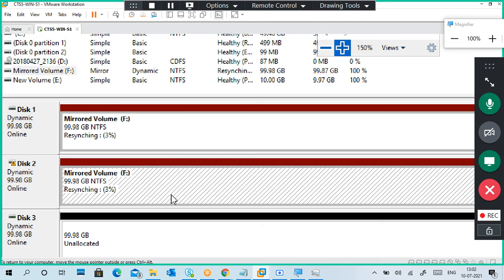We'll see what will happen. That's why it is better not to take 100 GB, 200 GB volumes. Take 10, 20 GB. You will be able to complete the formats, resyncing and all that faster.